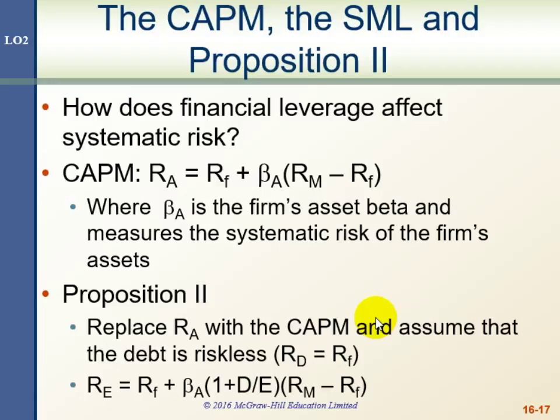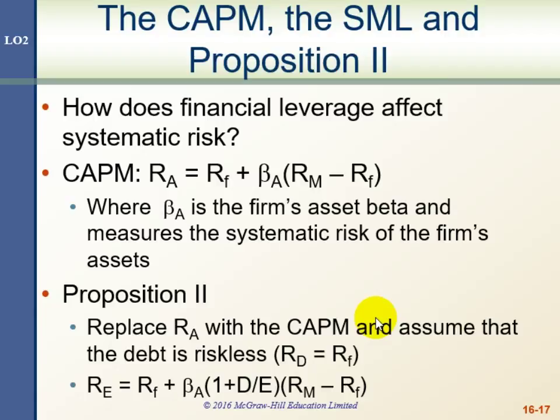The default risk to the debtors, to the bondholders, is another issue, and so we'll talk about that a little bit later. But if we just assume that the return on the debt is equal to the risk-free rate, that there's no default risk, even in that case, the financial risk to the shareholders would be higher because the levels of debt would cause greater volatility in the earnings available to shareholders, as we've seen in the early part of the lecture. If we compare the current situation and the proposed situation in our previous example, we can see that the earnings per share is more volatile and the return on equity is more volatile in the presence of debt.